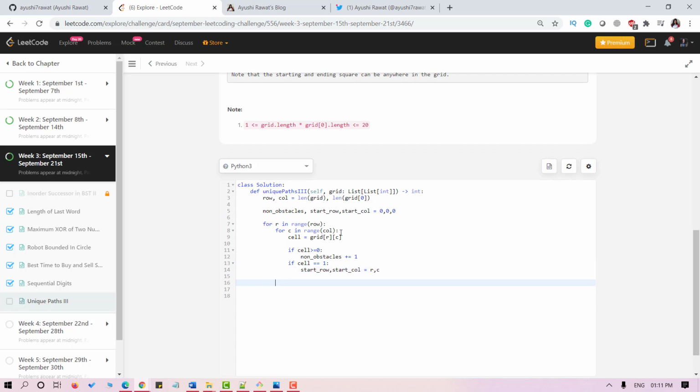Now I will declare path_count as the final result and initialize it to 0. Once done, I will define a helper method, backtrack. Now we need to modify this external variable, so I'll define path_count as nonlocal here.